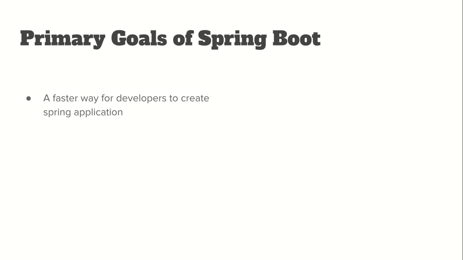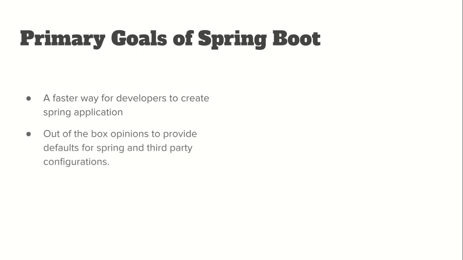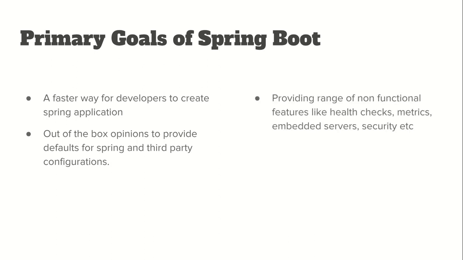How does Spring do all of such configurations? It has out-of-the-box opinions to provide defaults for Spring and third-party configurations. It also provides you a range of non-functional features like health checks, metrics, embedded servers, and security. The moment we add dependencies in Spring Boot, it automatically configures a few beans and adds such